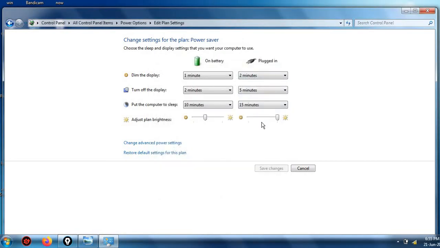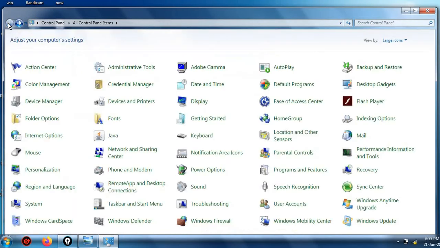Okay. Now next, from here you can manage hibernation and all. Now next, if you have set everything, from where can you go to sleep mode? If you want to make your system go to sleep mode or hibernation, what do you have to do? Suppose you are going somewhere and you want to set your system in sleep mode, right? So what you can do, you can press the Control, Alt and Delete buttons together like this.